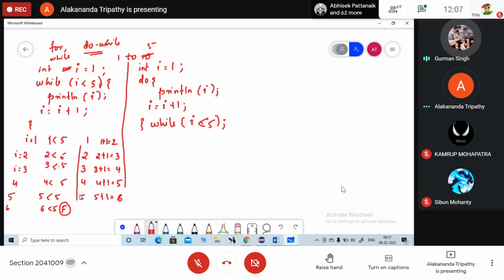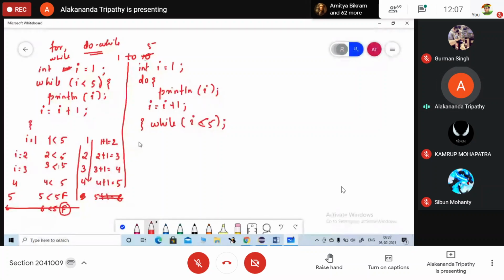So it is just printing 1 to 5? It will terminate at 5, no? 5 less than 5: yes, the condition here is false, so it will terminate. We don't need to go for another line. So the values that are going to be printed are 1, 2, 3 and 4.